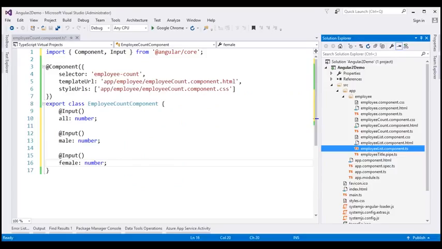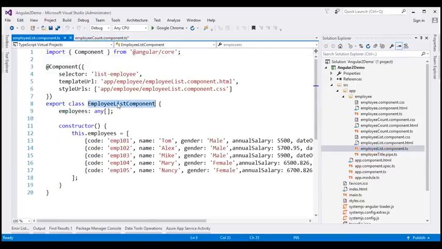We need to make two changes within our employee list component. One change is within the employee list component class, and the other change is in the view template. First, let's look at the change required within the component class. So let's open this TypeScript file which contains our employee list component class, and within this class I'm going to